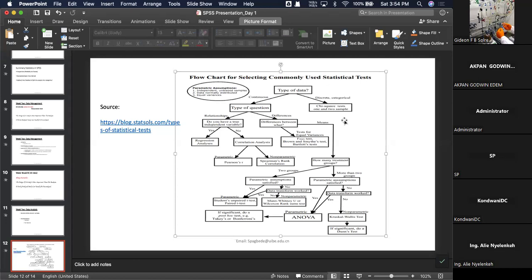If your data type is discrete or categorical, then you can run a chi-square test, which helps you to test for dependencies. I mean, does this depend on that, and so on and so forth. Now, under the continuous type, we have not finished. If you are not looking for relationships, but you're looking for differences,